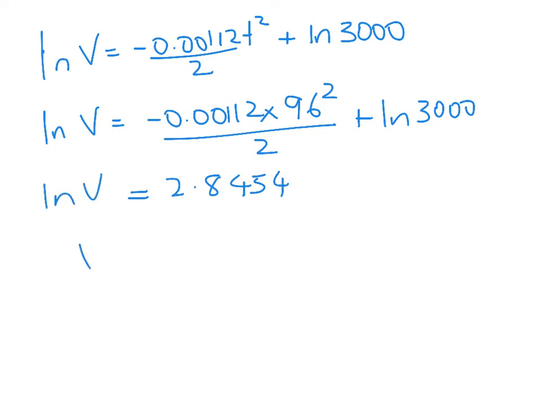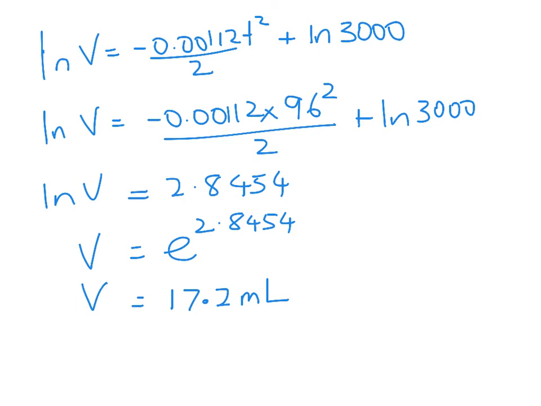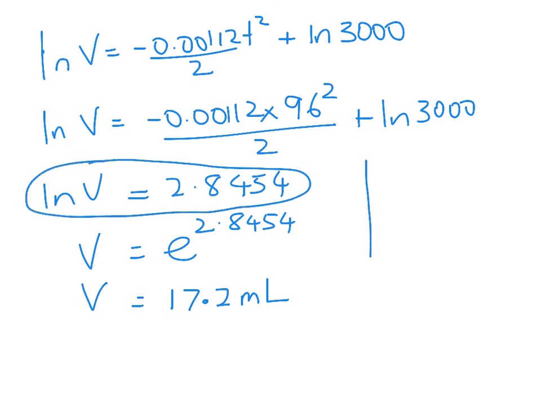Now we need to do e to the power of both sides. So V is e to the power of 2.8454, and that works out to be 17.2 millilitres. Okay, so you can see that after 96 hours, most of the oil has dripped onto the floor of the garage. Now, just remember, I'm thinking if you're watching this excellence question, you've probably got this pretty firmly, but